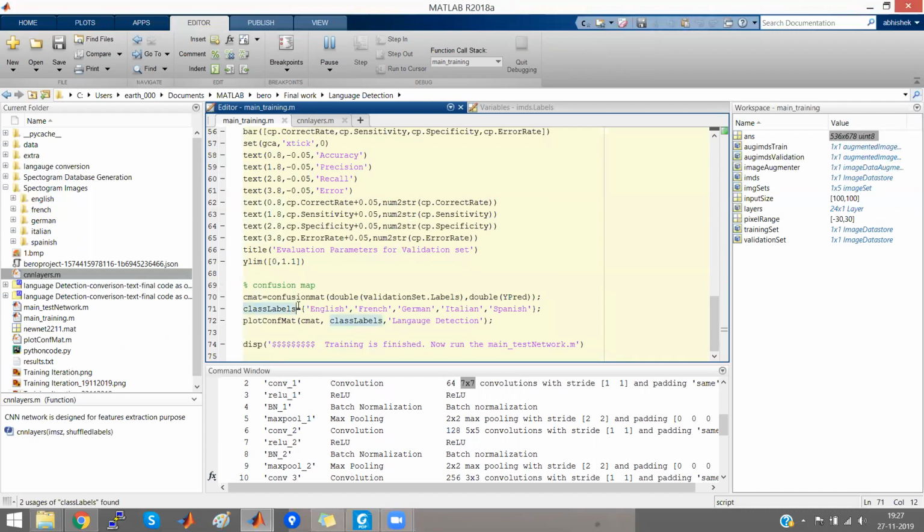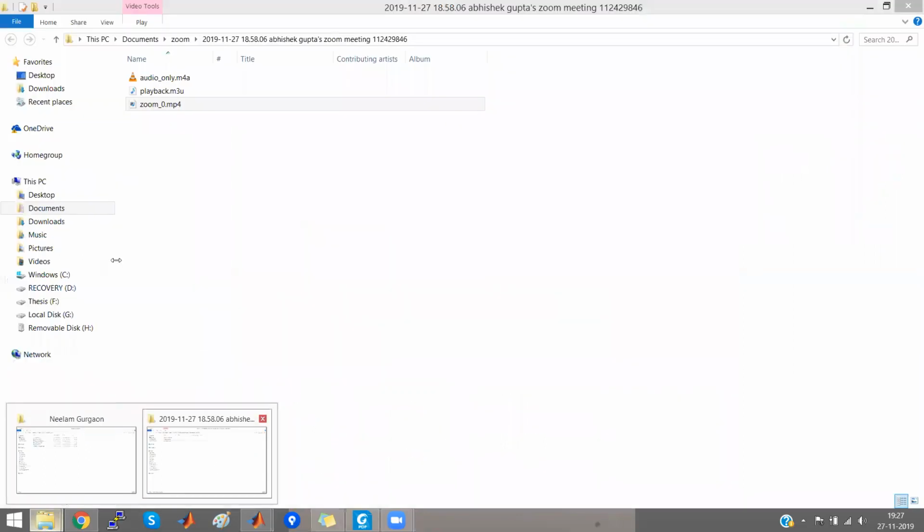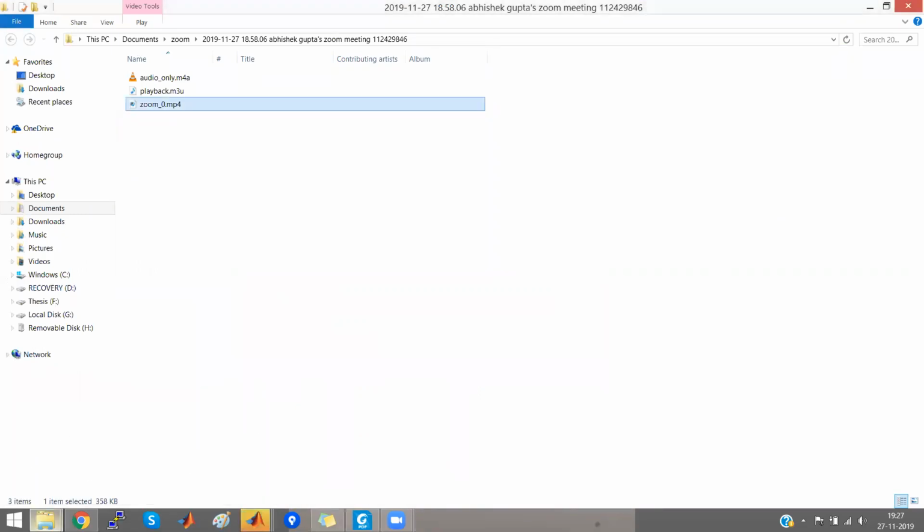The confusion matrix will tell you how many samples of each class are used for the validation, how many samples of each class are correctly classified, and for those samples which are wrongly classified, in which class they are lying. If I show you, I have mentioned this in your doc too. You can check it out.